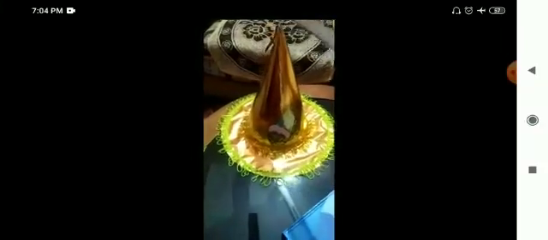Okay, last one is cone. This is a cone. Cone has one face and one vertex. This is a face, and this is a vertex. Now I have an example of cone. Look at this. What is this? Yes, you're right. This is a birthday cap. What is this, down? This is the face. And what is this? This is the vertex.